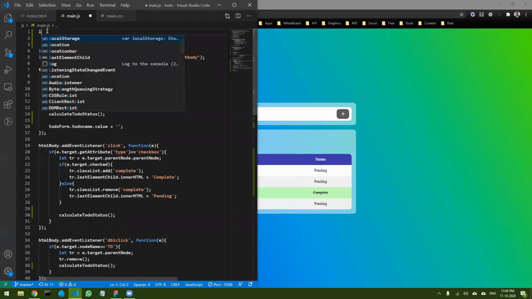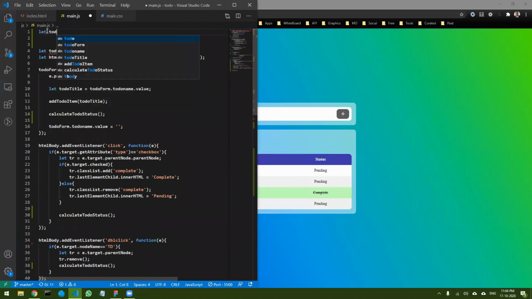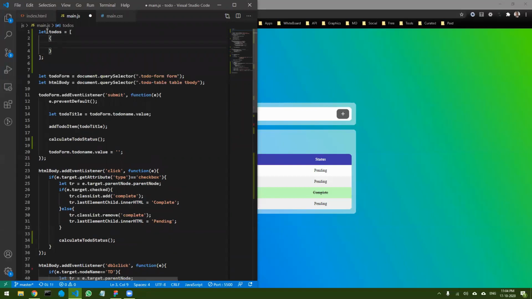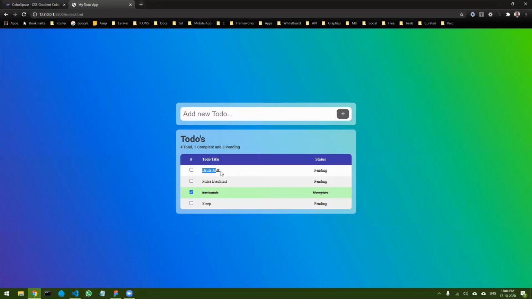So let's create, let todos is equal to, now it's going to be an array, and it's going to be an array of objects. If it's an array of objects, it will be something like this. And it will have two things. First of all, it will have a title, todo title. That title is going to be exactly what is mentioned over here. So let's copy that title,